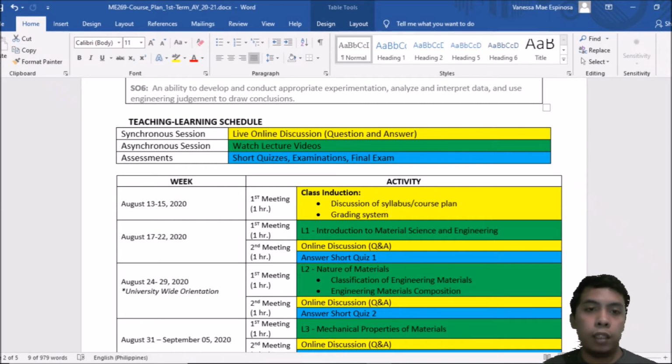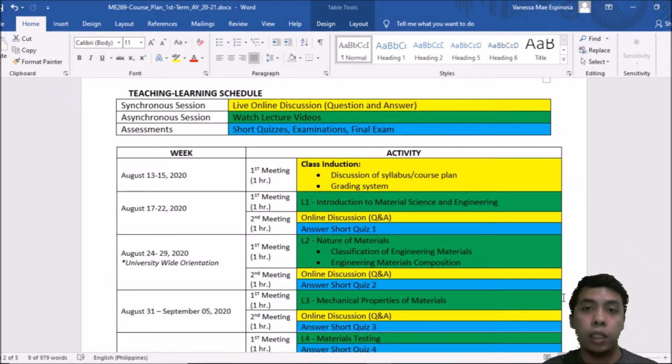The main disadvantage lang na nakikita ko through asynchronous session is that nawawalan kayo ng sense of urgency na mag-aral because of course wala tayong attendance na binibigay. So for that, mapupunan natin yung pagkukulang na yun or yung problem na yun through assessment. So every lesson na ibibigay ko, we have short quiz, no, na related dun sa lesson natin. So yung short quiz natin is of course open resources yan. And then the answers can be found dun sa lecture video.